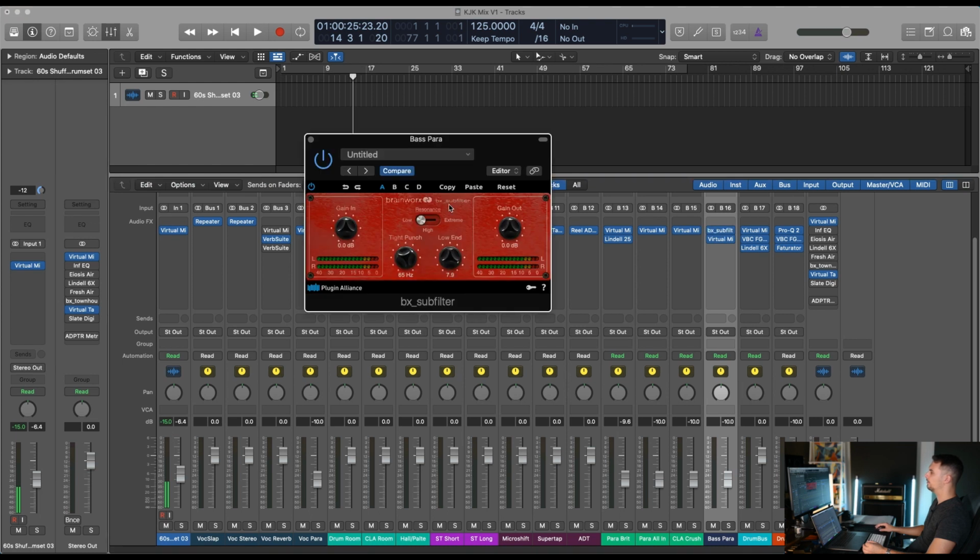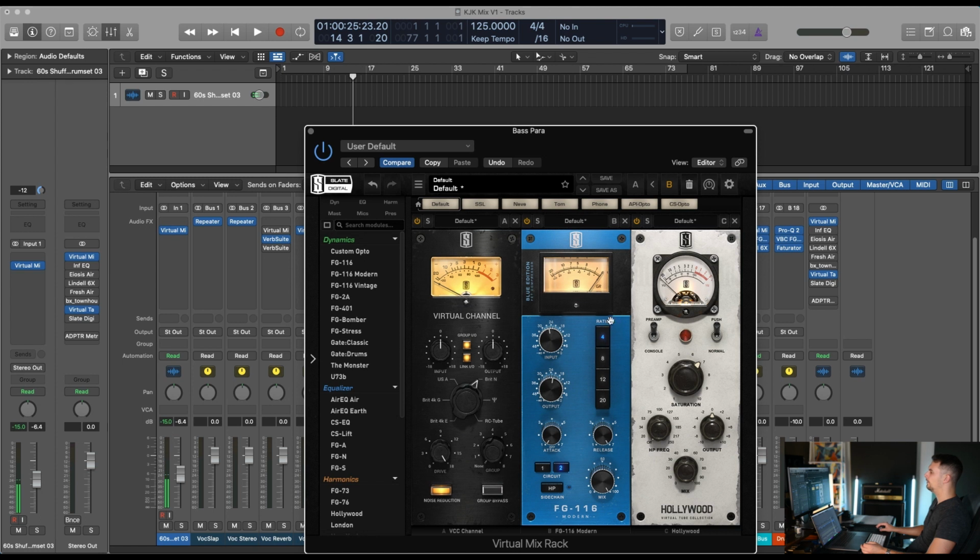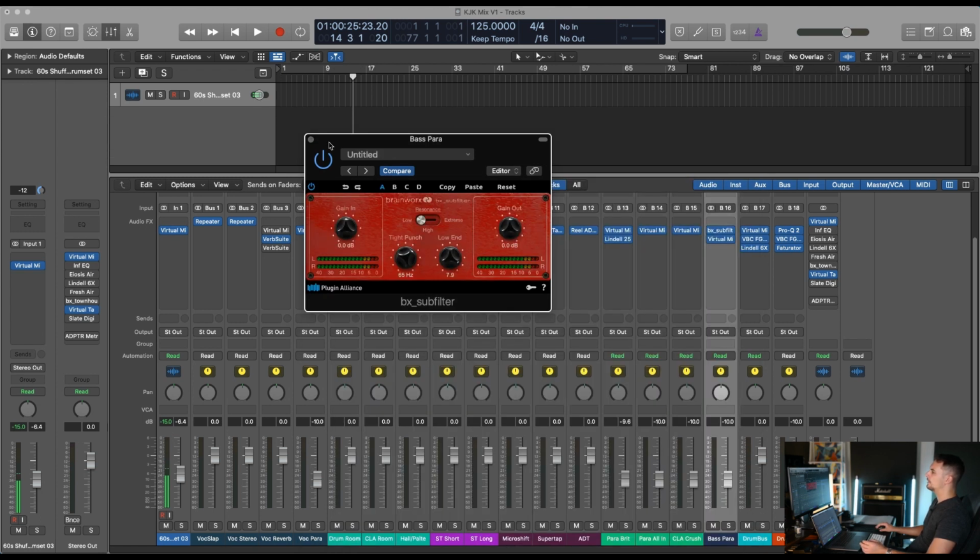After this, I have a parallel compression chain for my bass. This consists of a sublift just to add a bit more sub bass, followed by some heavy compression and a bit of saturation. Now, I don't use this that often anymore because I like to get the bass sound right from the very beginning. But if the bass recording is not very good or I need a really consistent, very powerful low end for a heavy rock or heavy metal song, then I will use this and blend it in